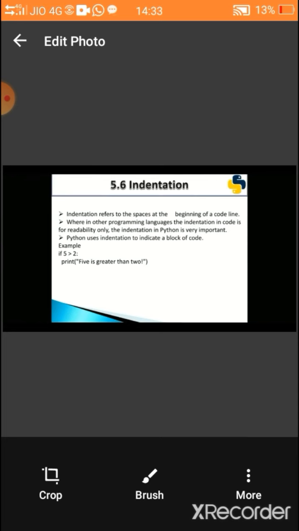After the first statement, we have to give space before writing the second statement. So there are some spaces before print, isn't it? That space is known as indentation. That means this print statement comes in the block of the if statement. So this print statement belongs to the if statement, that is the block for it.